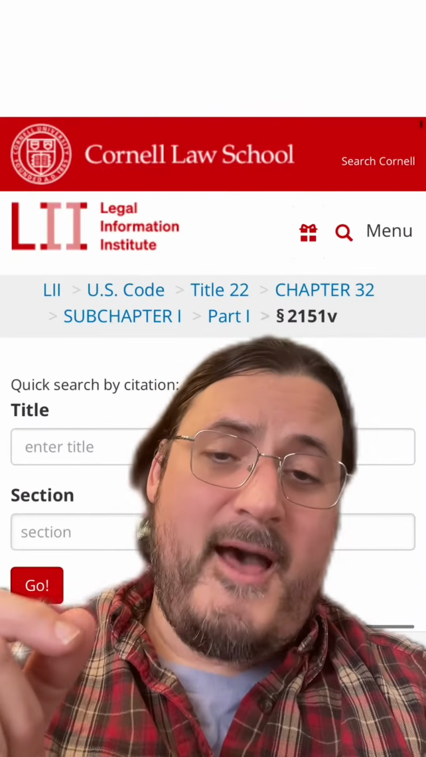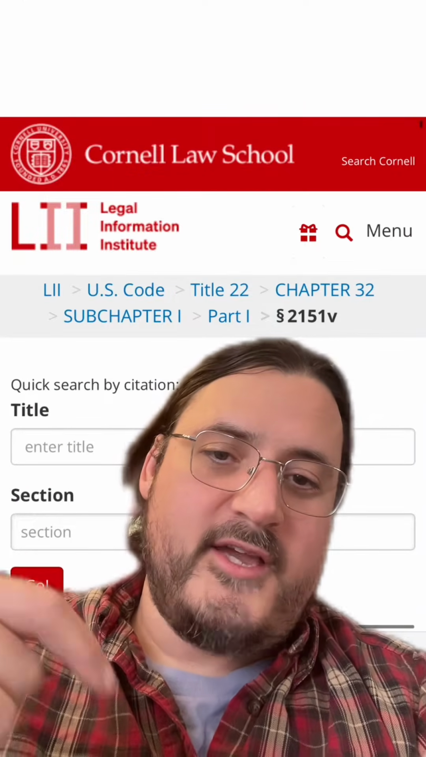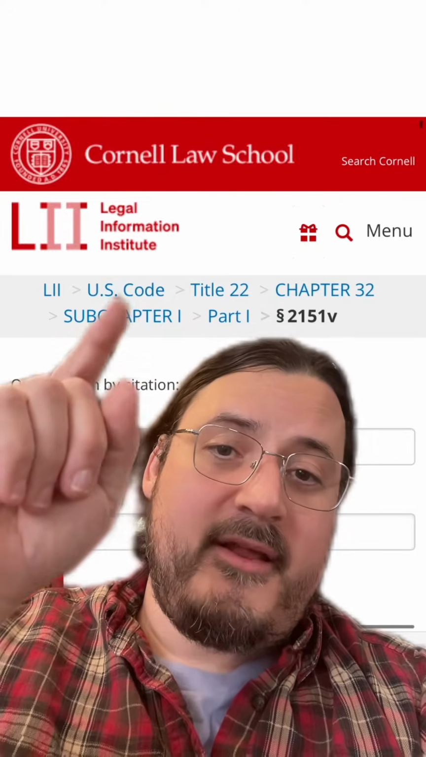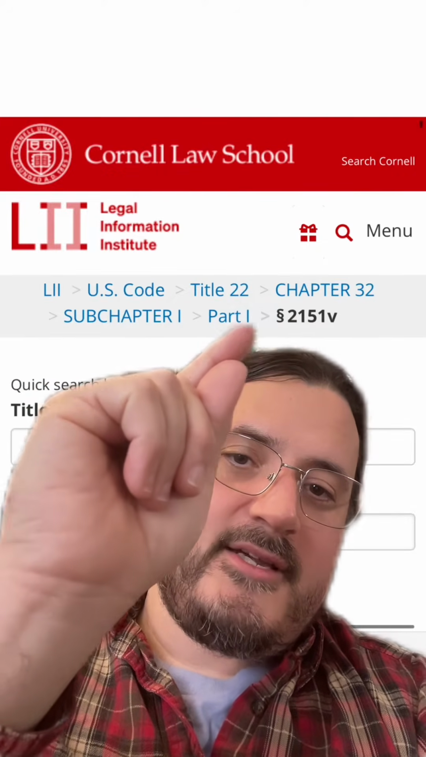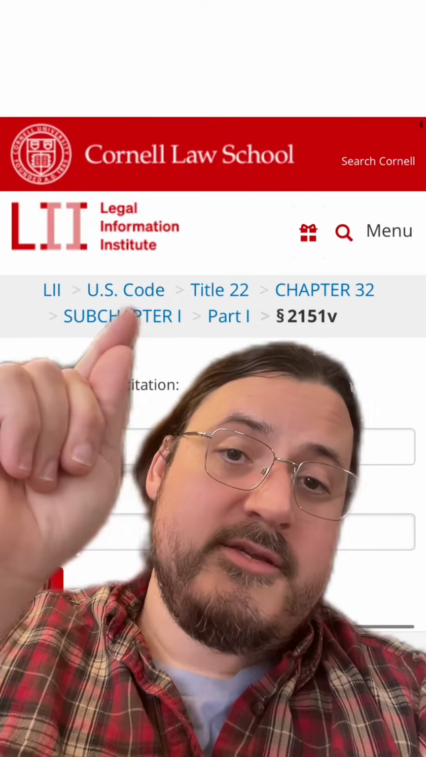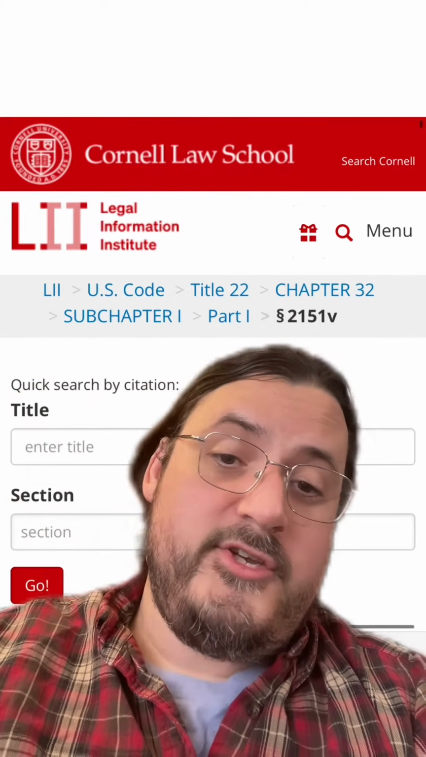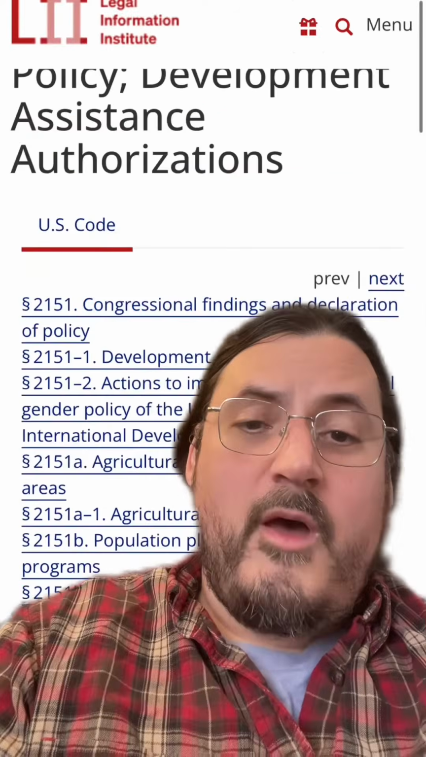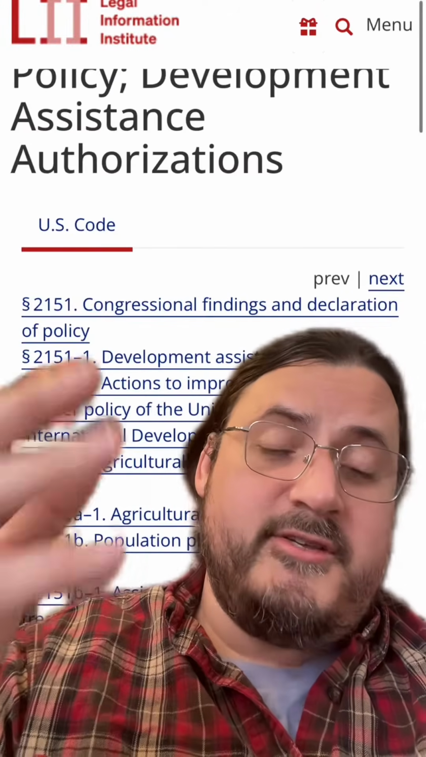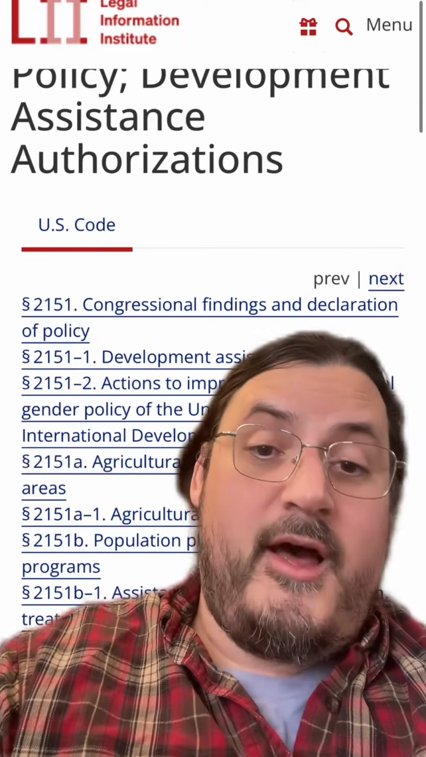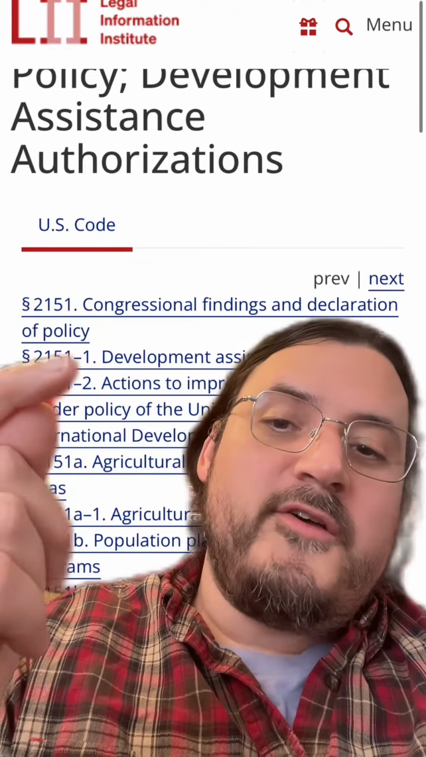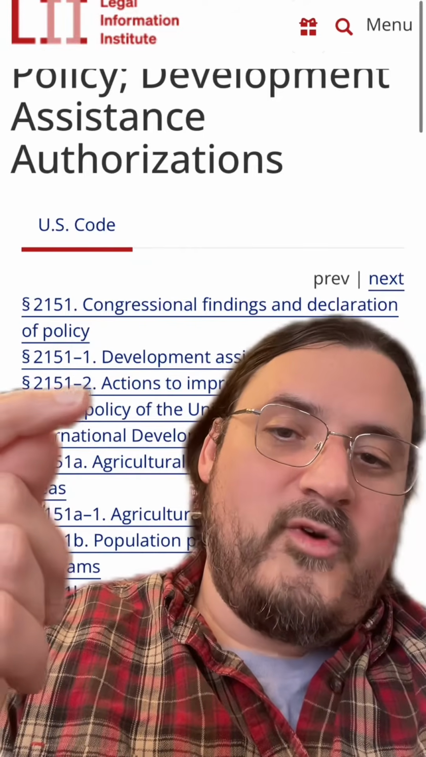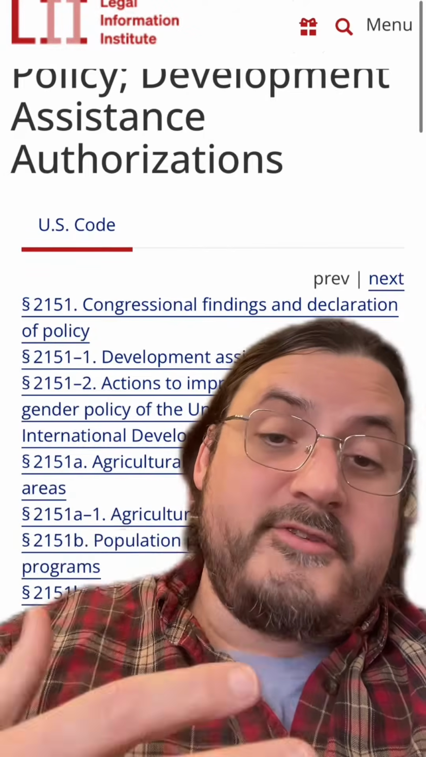Down here will be where the code section is, but at the top of the page, it'll have this area up here. And what you can do is click on part 1, subchapter 1, chapter 32, and it will show you all of the other subsections that were around that section on the page. So if you typed in 2151, you can also see that 2151-1, -2, whatever, were also further down